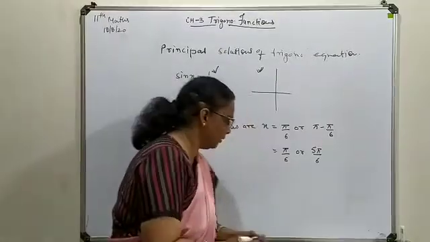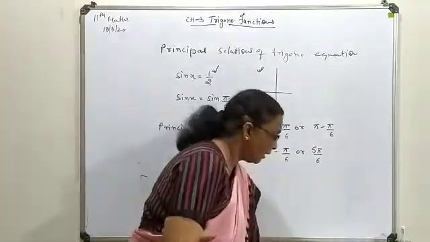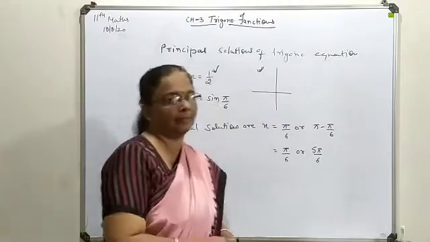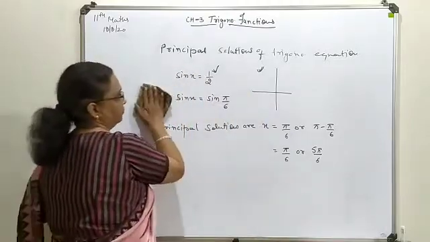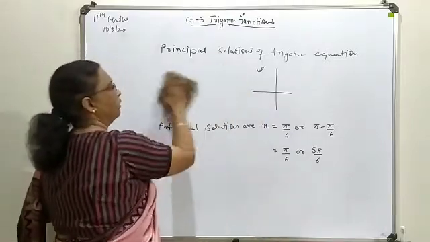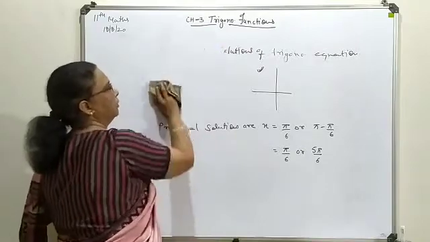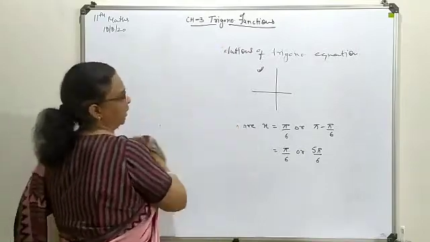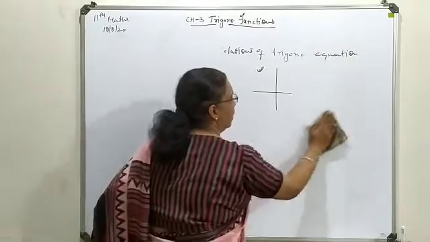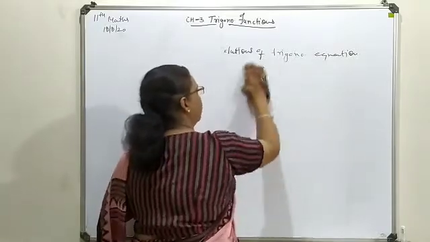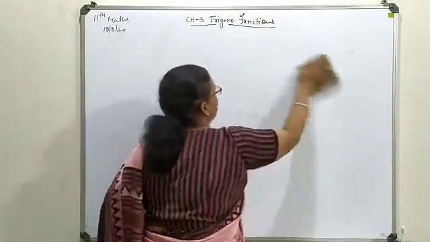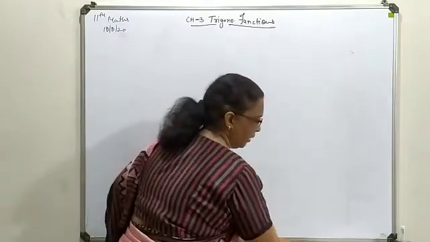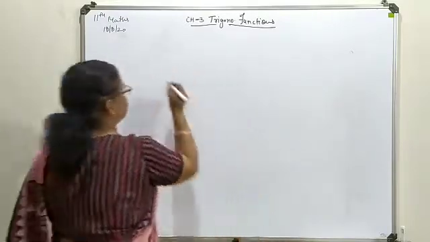Now next is a general solution for a trigonometrical equation. For this one, there is no particular rule you will follow. As per the given term, you have to think about the possible solutions from 0 to 2 pi. Now next we are going to take a general solution